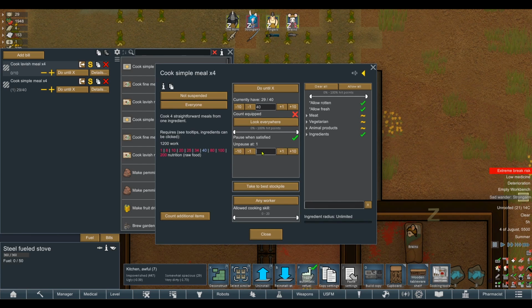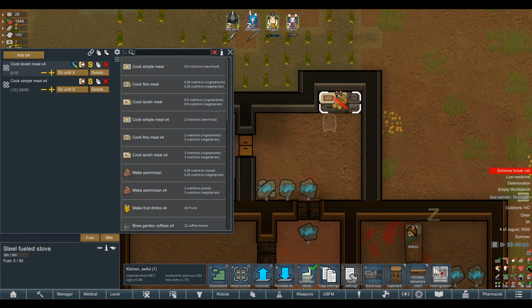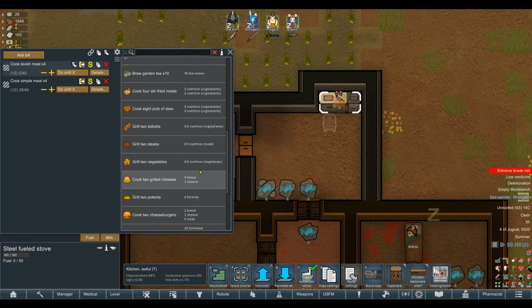Hang on. 4 people, what do they eat? 3 meals a day? So we'll have it 12, I think, kind of works. We'll copy that one over there as well. Nice. Is there anything else we want to...